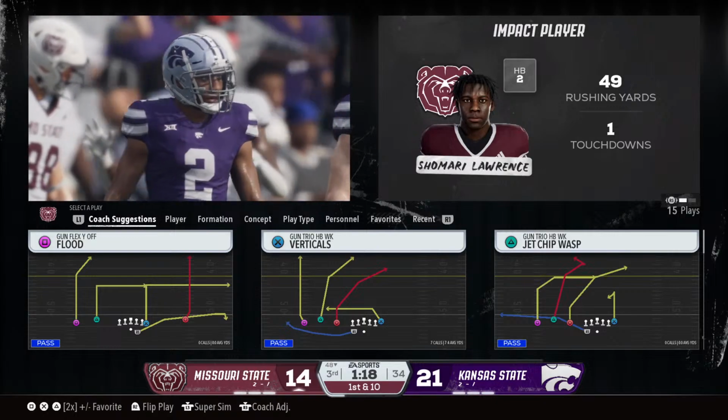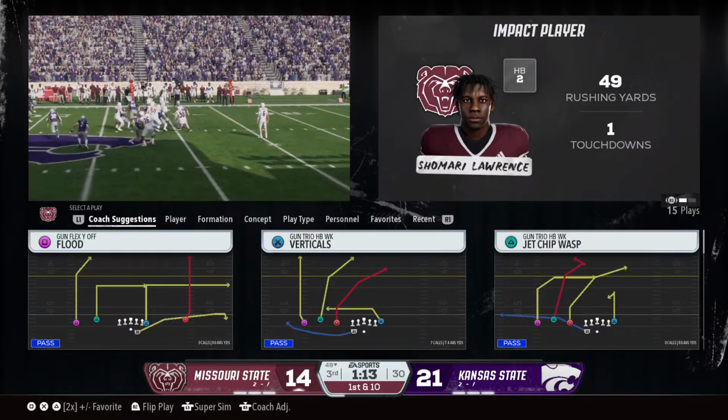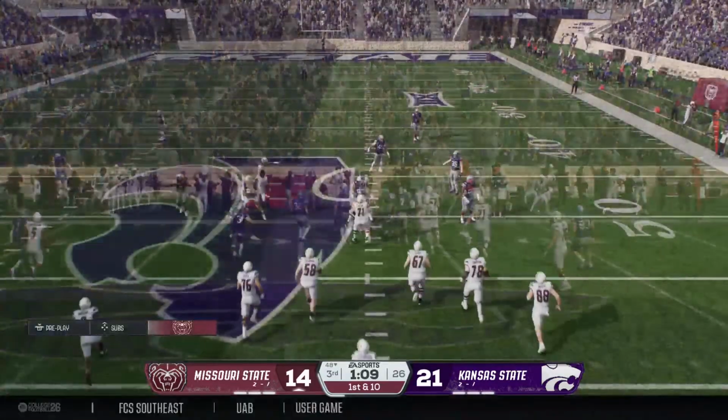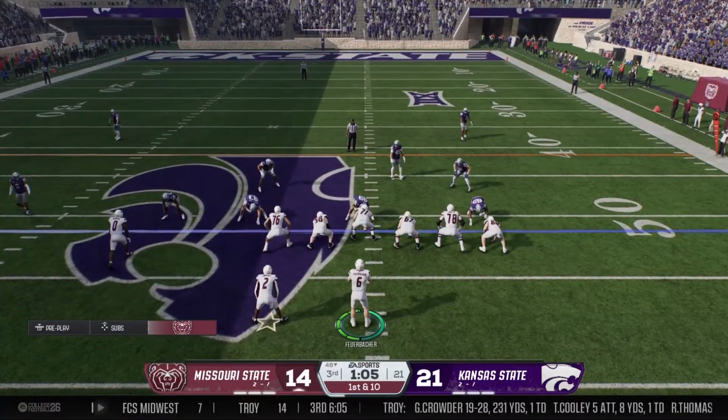It's hard to stop great runners. It really is. That's why you run the football consistently. You got a big offensive line, a big physical unit. You run the football like this, man, it will take a toll later. But you got to tackle this guy over and over again who has this ability to make people miss and make big plays.